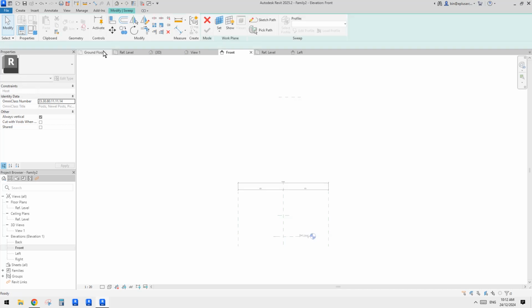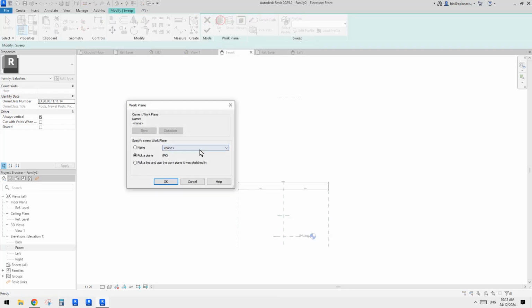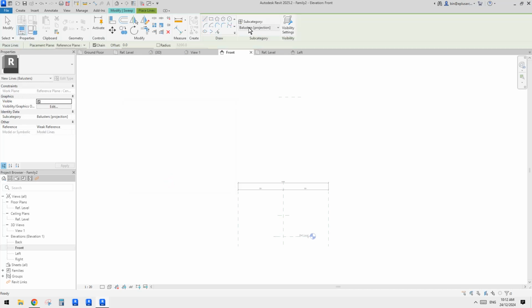So if we do one sweep, for example, a sweep and then set work plane. We need to pick, because we are currently in front view, so we need to place it in center, front, back. Okay, and just be careful, because once you pick the work plane, Revit jumps into this one. So this is more model line. It's not a path. So you need to click on this again, and then sketch path,